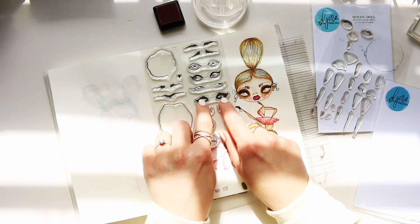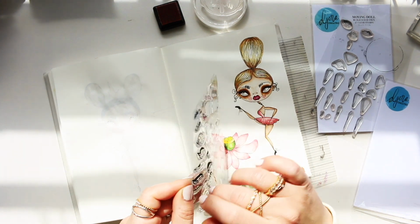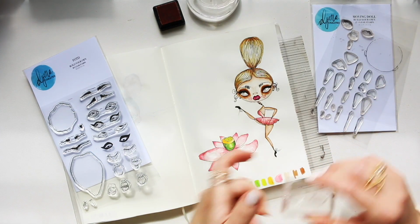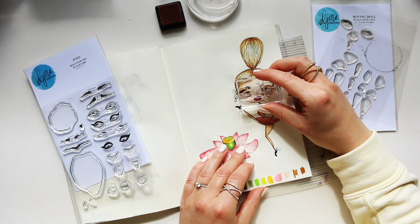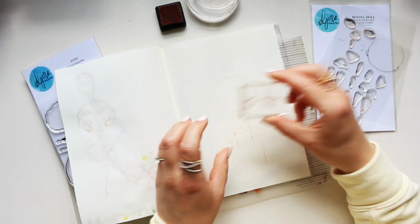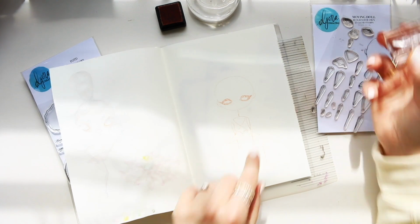So I think what I will exaggerate with the pupils is I will wipe them when stamping and just bring them in a bit closer, so that will give us a bit of a funnier eye. So let's do that. Also what you can do, no, this is actually enough. I was going to say you can basically extend them, but with this frame it goes from edge to edge, so it's fine. So the eyes I'm setting quite low,